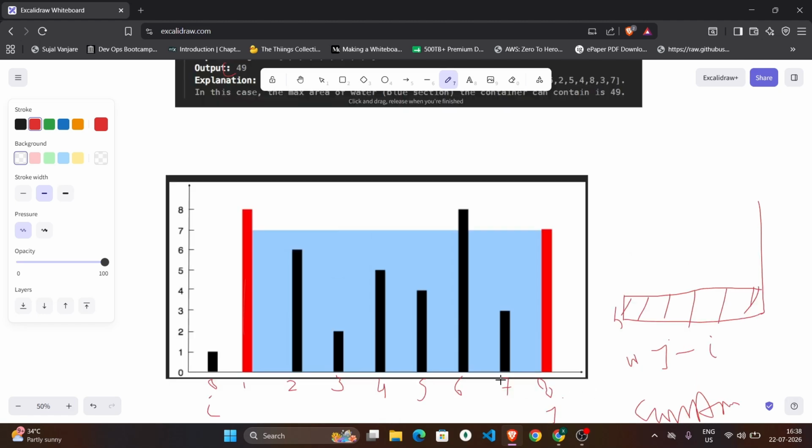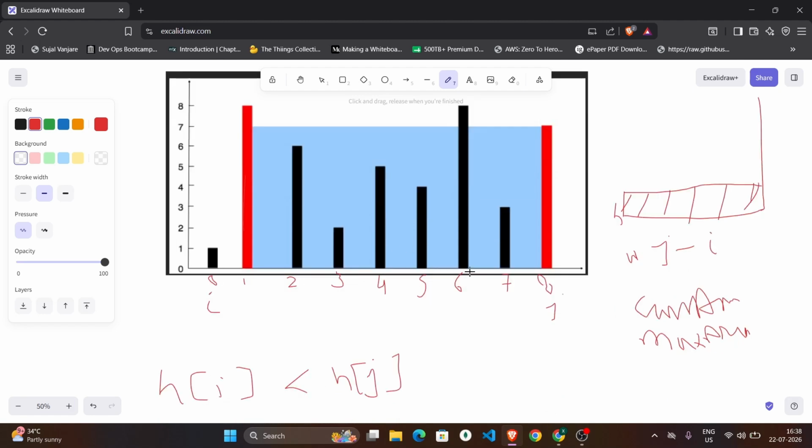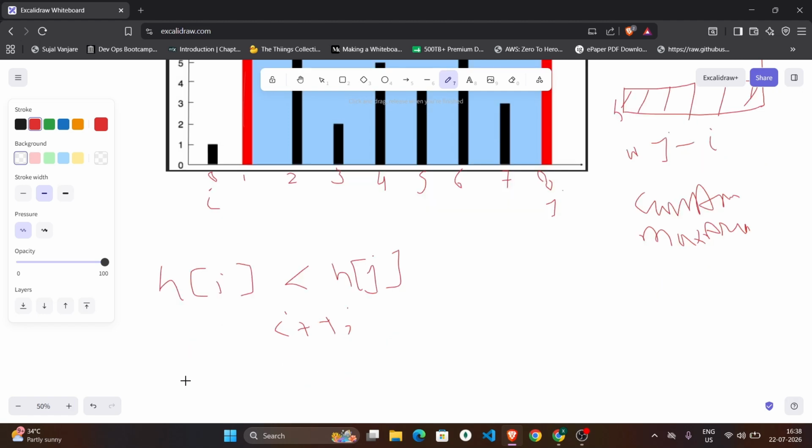on this max area. So whenever the height of one is less than the other, we move the pointer on that side. So here the height of i is less than the height of j, so we'll move the i further. Else,